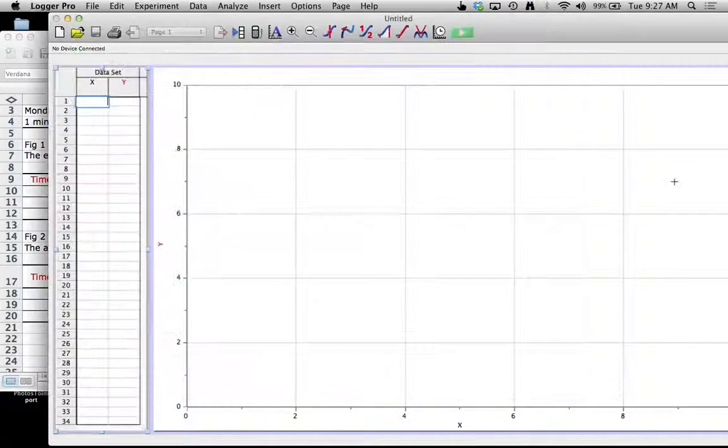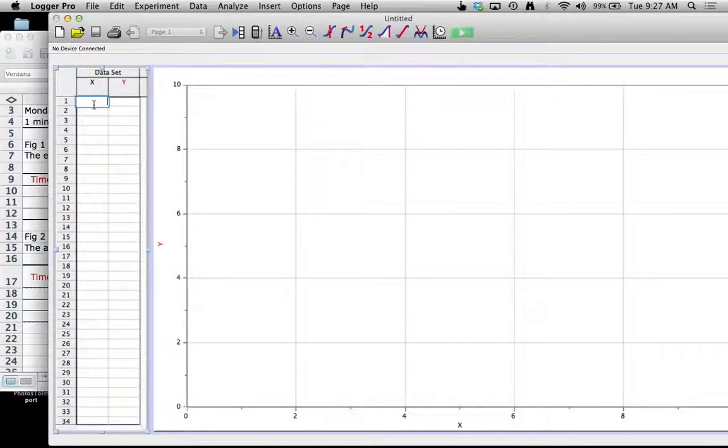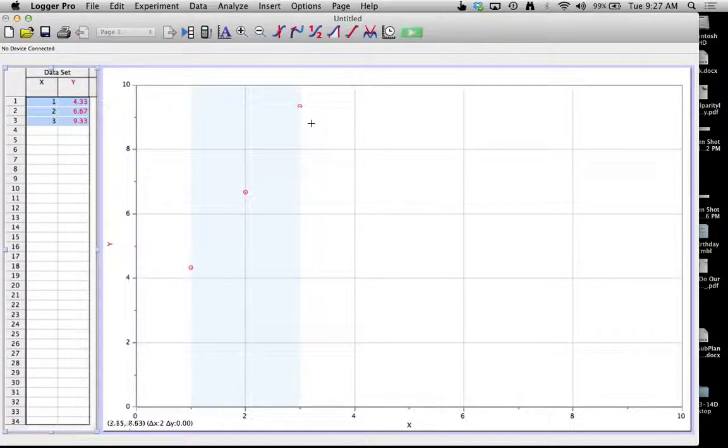And I've already got LoggerPro opened up on my desktop, so I'm going to come over and copy the data from my summary spreadsheet, and I'm going to come right over here and paste it into my LoggerPro. As you can see, the points get plotted very, very nicely, and I need to follow the rules of a